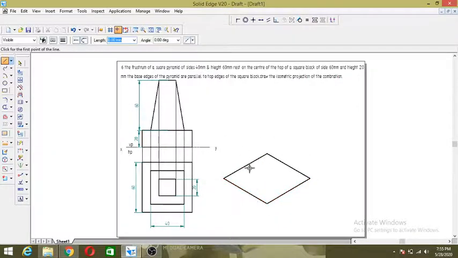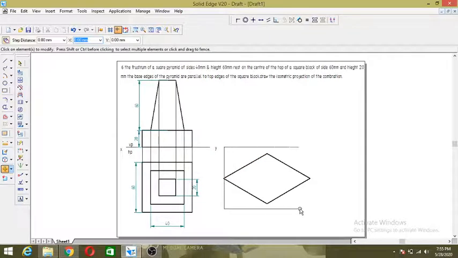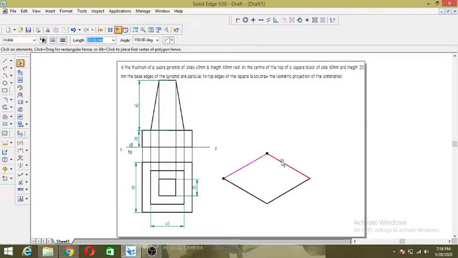So after joining this, what we have to do? What is the height of this? Height is 20 here. So what you have to do here is move. Select this, say move, turn on the copy command.